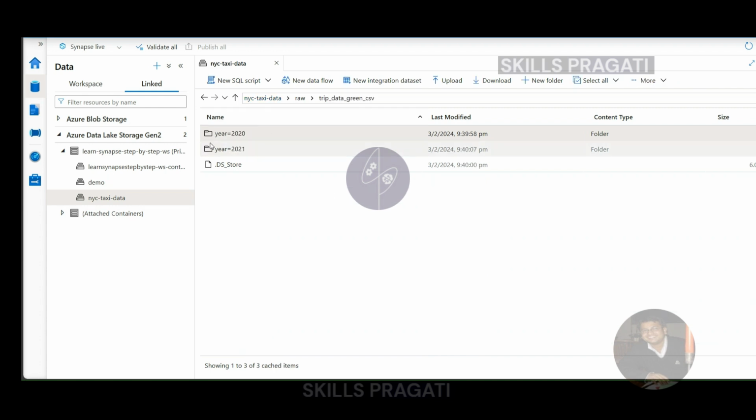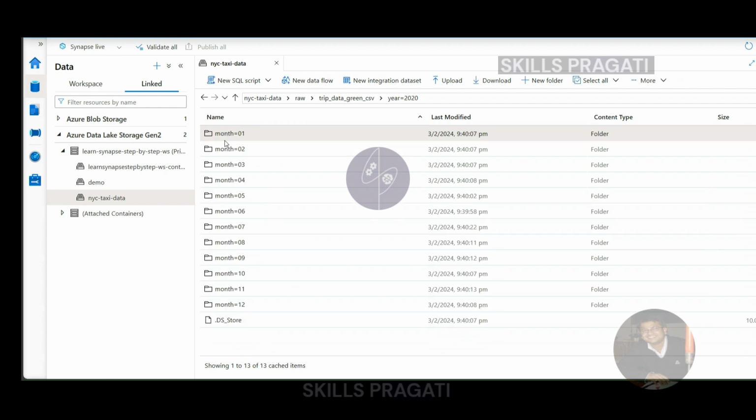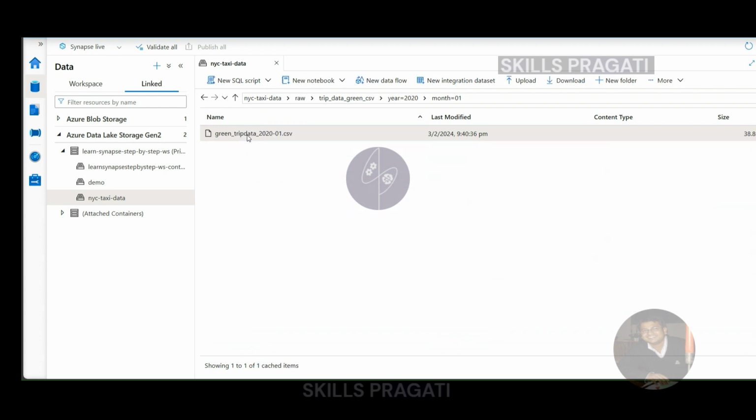So in an ideal world, if I want the data for year 2020 and month 01, I should be able to specify that in my where clause, and then the query engine would come and read just this one single file and get the results I want. I wouldn't want the query engine to read all of the other files as well, but the issue is that